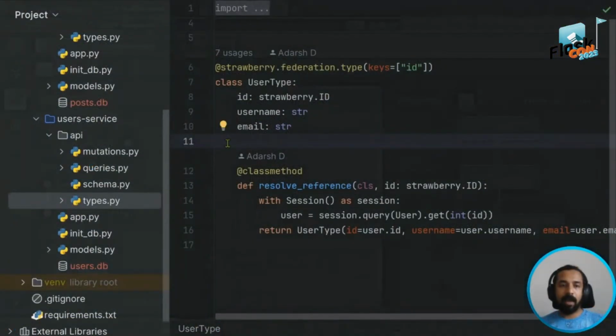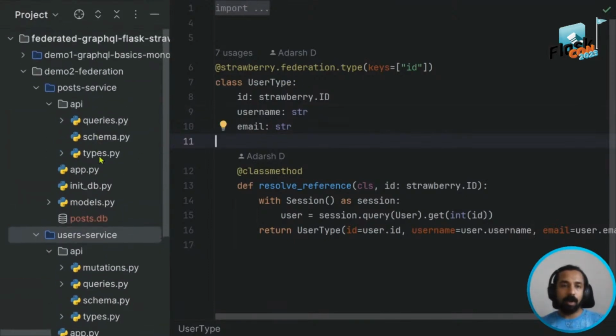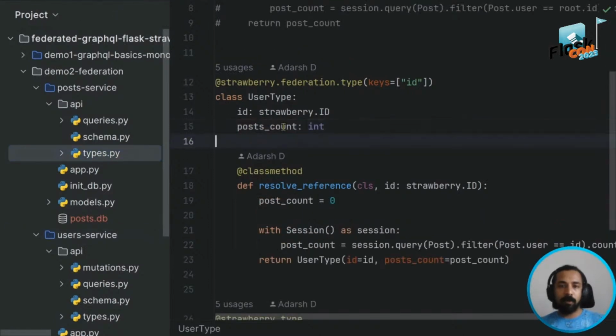Now let's plan a minor update to our user type. Previously the entire logic and the custom fields defined in the user type were owned by our user service. So what if any other service needs to contribute some fields to the user type? Let's add a post count field to the user type. Since the post data is stored by our post service, it will be more suitable to add the logic related to this field in the post service itself,